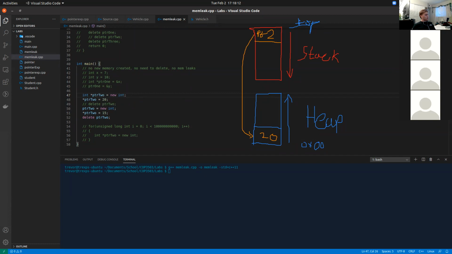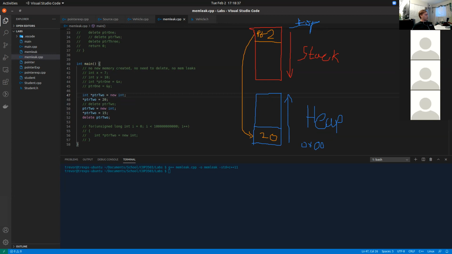All right, cool. So let's see here. The next thing we'll talk about is how memory leaks occur, because that's one of the biggest topics when dealing with this dynamic memory with stacks and heaps, right? So if we move along to line 50, what we'll find is we're doing pointer2 is equal to a new int. So right now pointer2 is pointing to this location on the heap, but once we make a new integer,